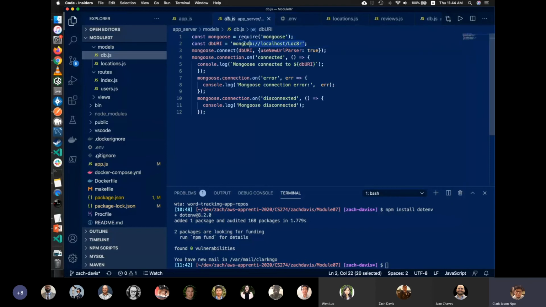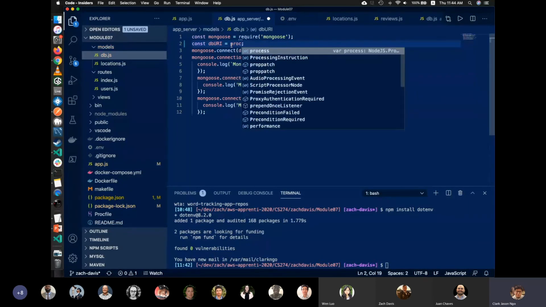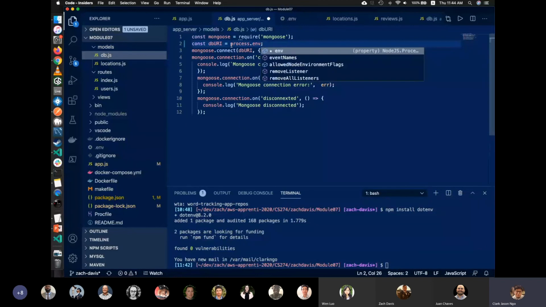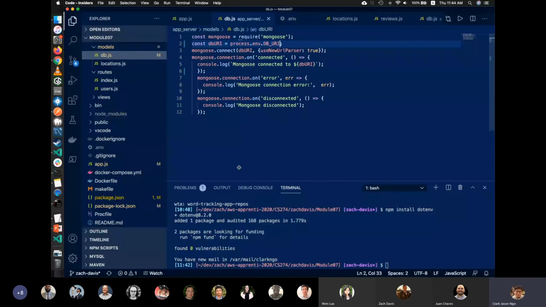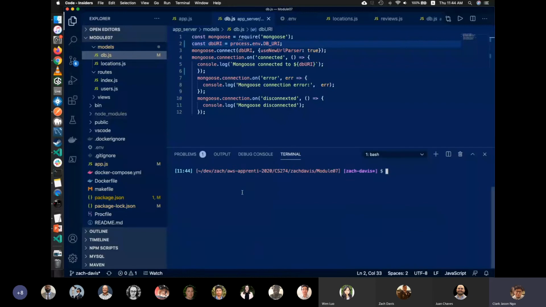And now you have that because you have the .env module. You can basically do something like this. process.env. That's your standard syntax to access your env variables. Then you do a dot, and I know it doesn't do autocomplete, but you can do dburi, right? And when I hit npm start, it should still give me the connected Mongoose,